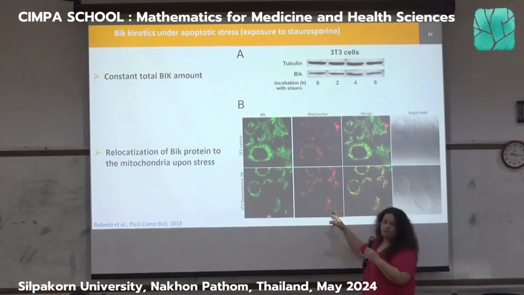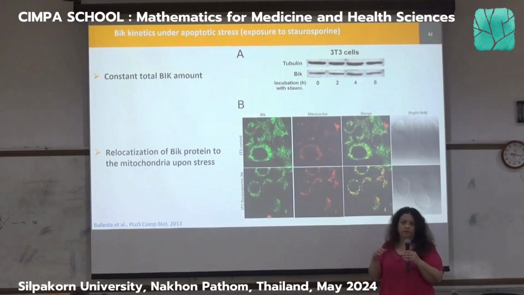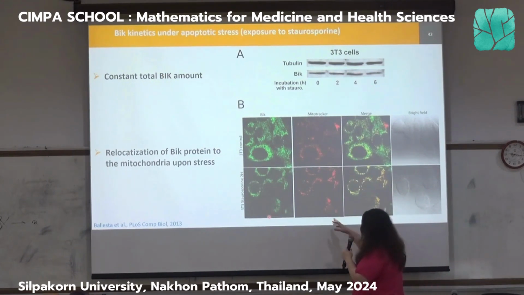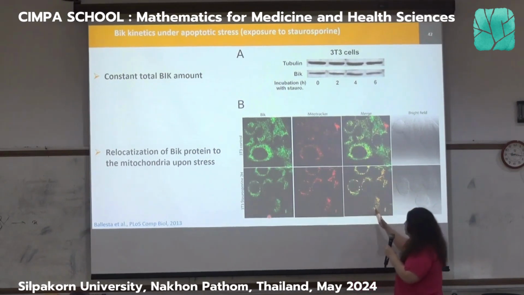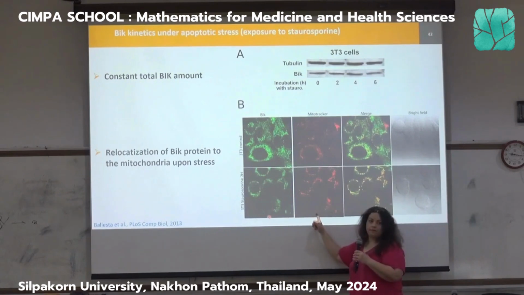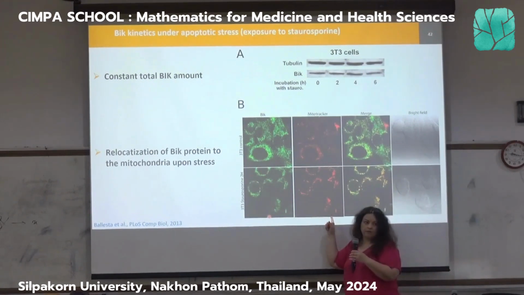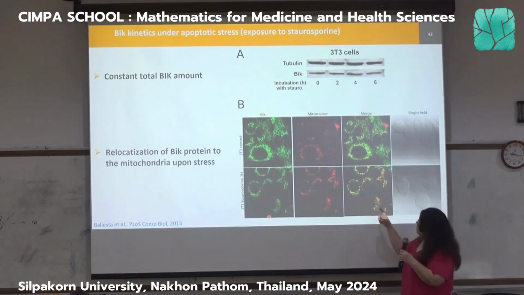Then, second column, the red is for the mitochondria, where the mitochondria is. Remember that the mitochondria is an organelle in the cell that is involved in energy balance, energy production. And now, if you look at the third column, this is just superimposing that and that. Okay? So if you superimpose green and red, you are supposed to see orange.